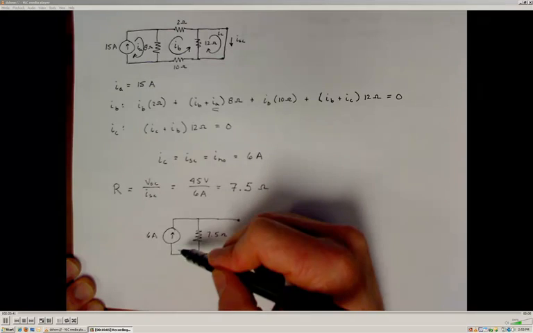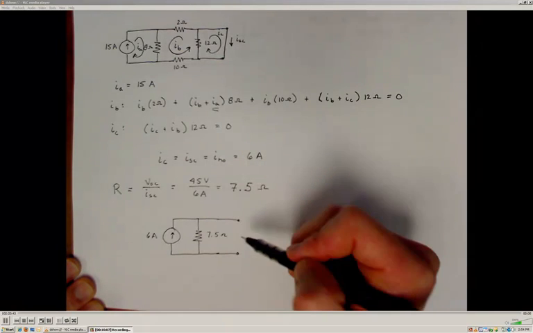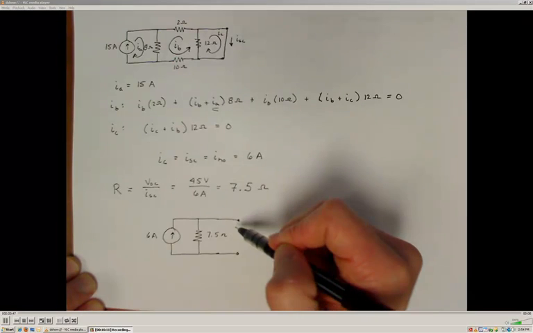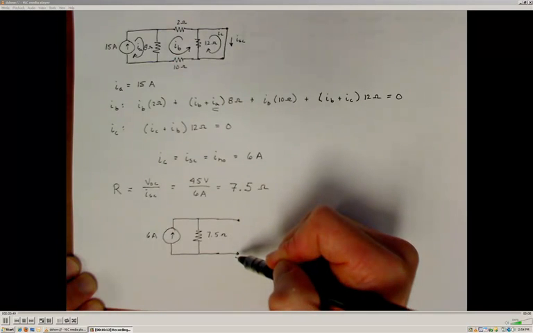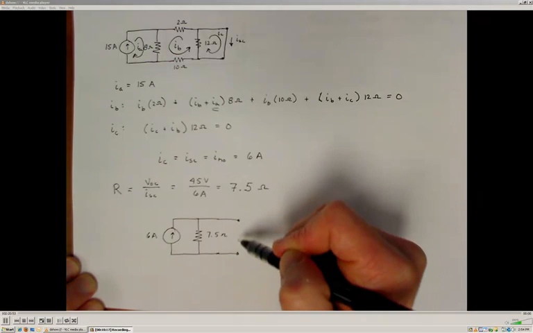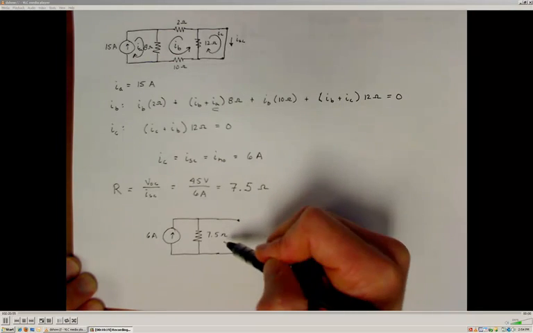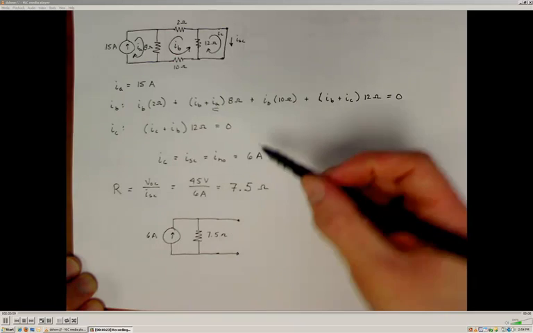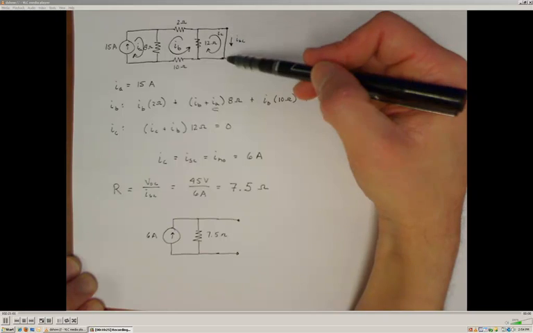Alright, so since this current, 6 amps of current when there's an open circuit flows through here, we will have the 45 volts of potential developed across that open circuit. And anything that we connect here, any resistive load that we connect between these two terminals will cause the circuit to operate in a manner exactly the same as this circuit